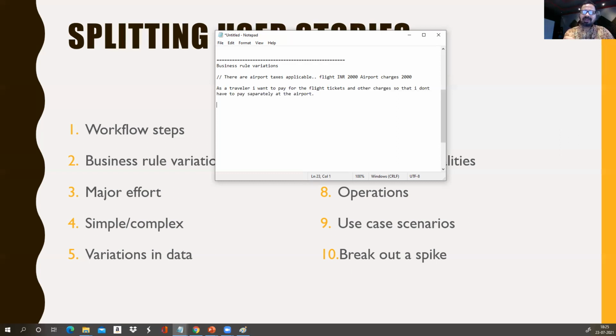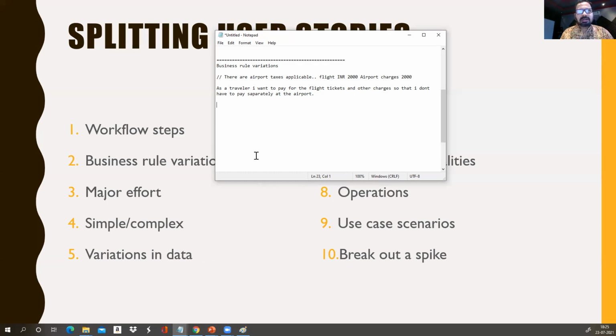So there are various business rules which are applicable when you book a ticket. So when you are booking a ticket to Egypt, possibly that charge is not included in your flight ticket, but you need to pay in cash. But maybe in Brunei or India or maybe Guyana, all of this is put in your ticket. Or maybe in Guyana, what I've read is that you need to pay in Guyanese dollars.